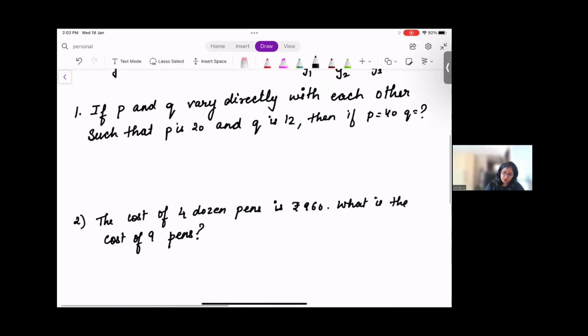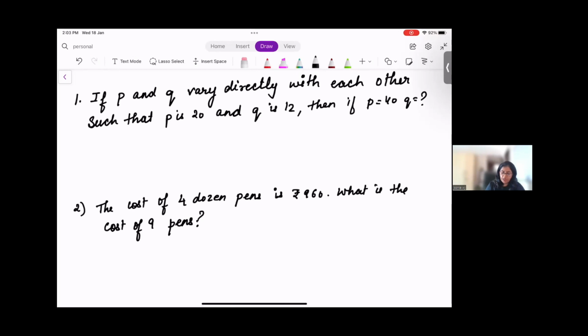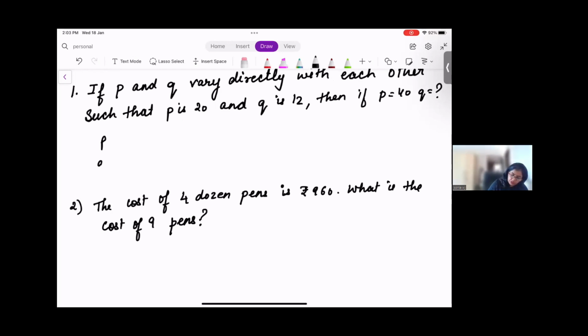Let's take the first question. If P and Q vary directly with each other such that P is 20 and Q is 12, then if P is 40, find Q. So first thing that we should do here is make a chart for P and Q. A small chart will do. P is 20, Q is 12. You have to find